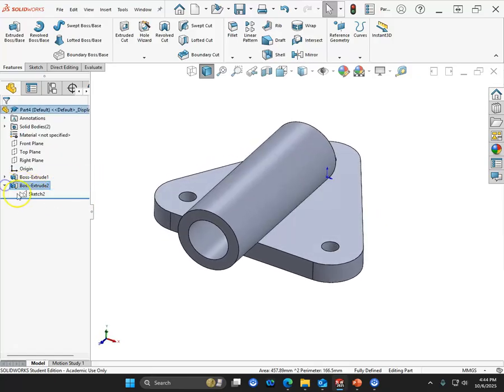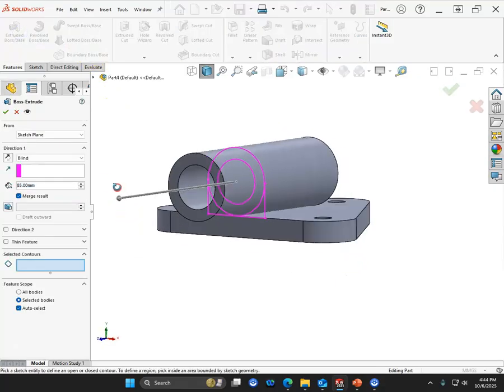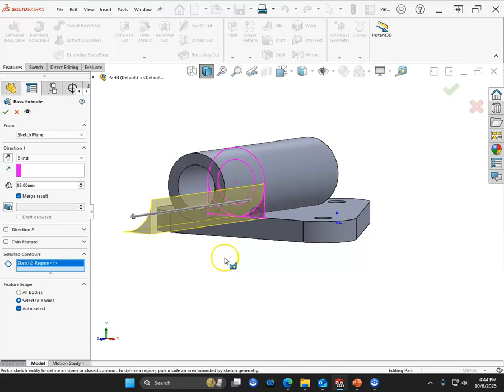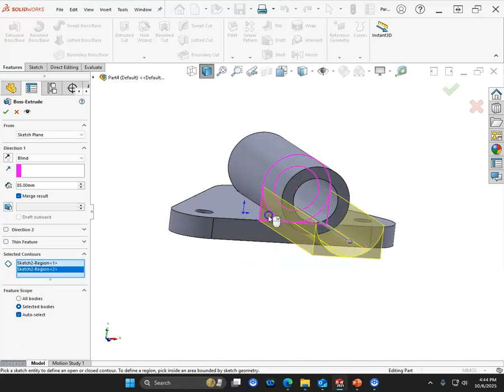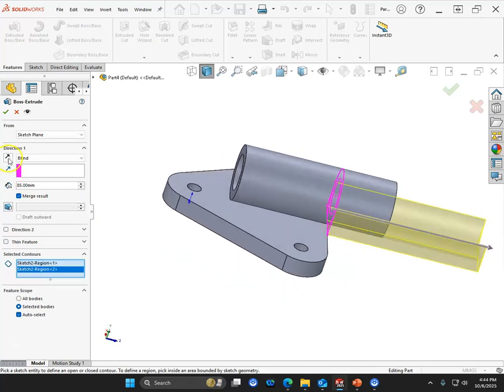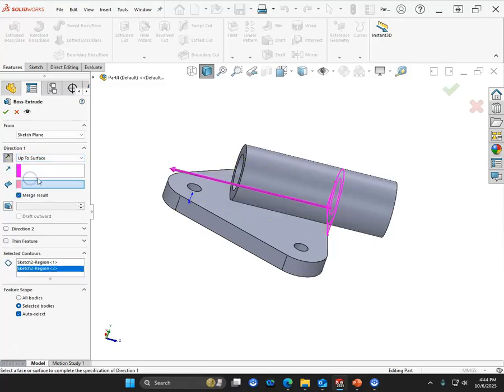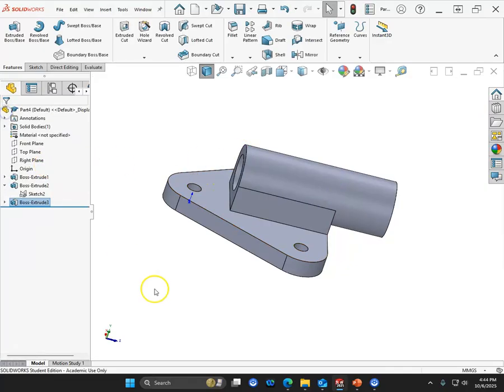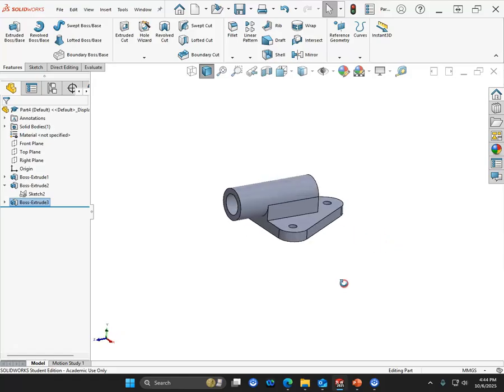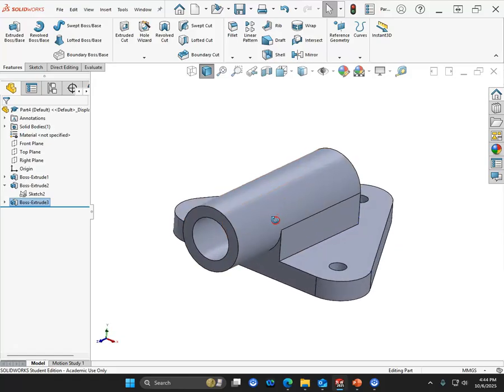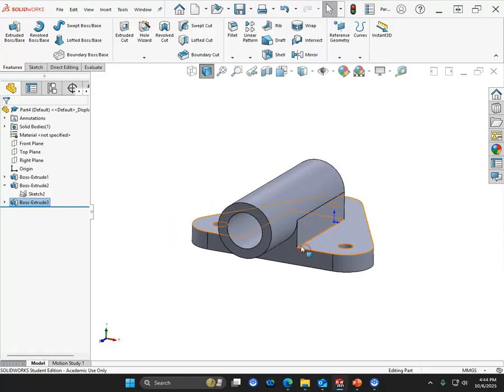We will come back into the sketch and extrude, and the contour is going to be that one and that one, reversing the direction and up to surface. All right, and then when we pick the endpoint, that will bring it back. So where we could use the plane, we would end up having to do kind of the same thing because this squared off geometry doesn't extend out,